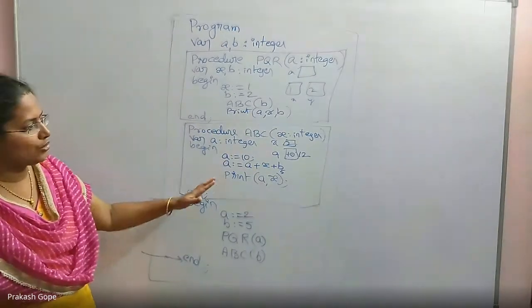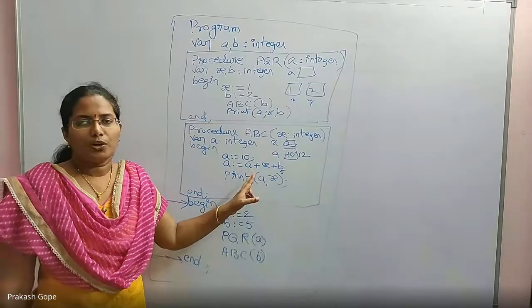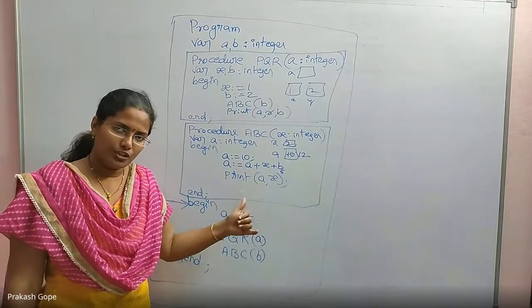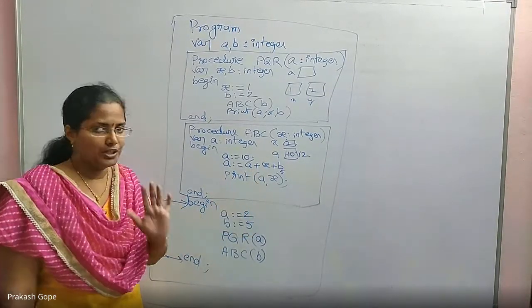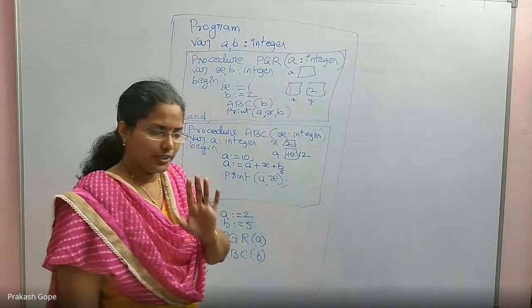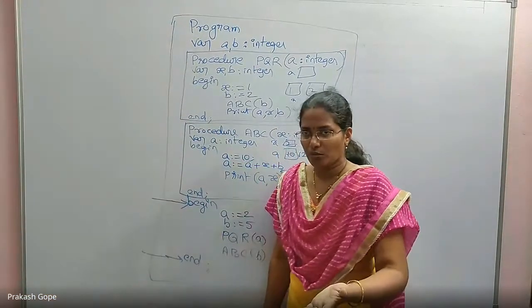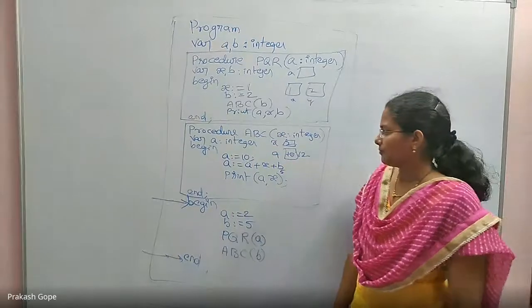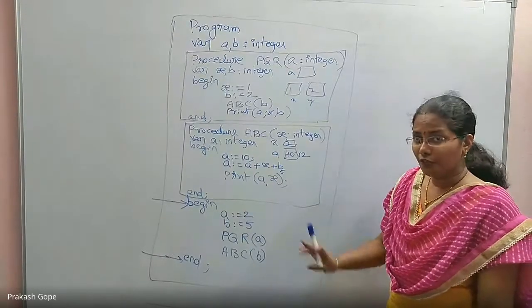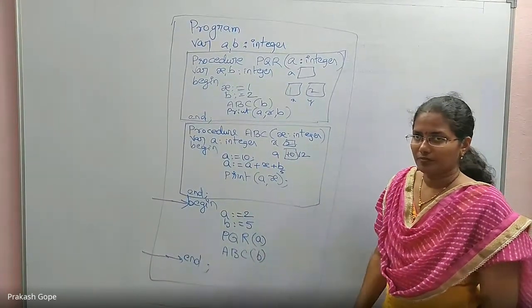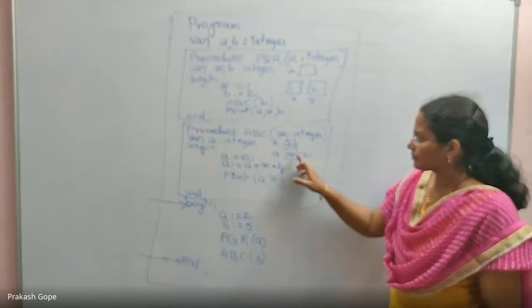In static scope, priority is always for the locally declared variable. If it is not defined over there, it's the outer block's variable. That's all, just one line. It's outer block, and if it is not defined there, it's the outer block again. Same thing, if it is dynamic scope, what is the answer? Same program, everything is the same.